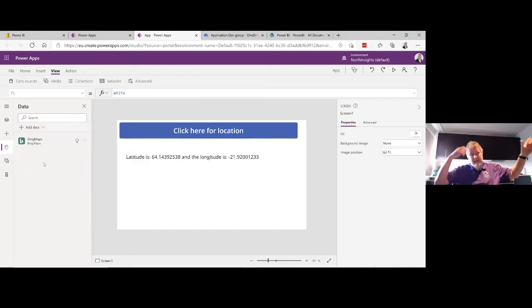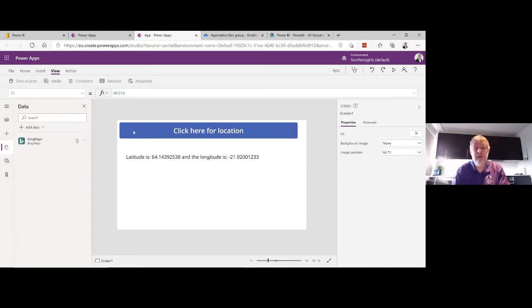So I'm going to add the Bing Maps connector to my app, and say I have a connection to it already that is established with the API key. If not, I would have had a pop-up here on the right side. It would have said, do you want to add your API key? And if you do that, the connection is established, and then it's in the connection list that I showed you before. So now I have Bing Maps in my app, but it doesn't do anything yet. I've just added the connection to my app.